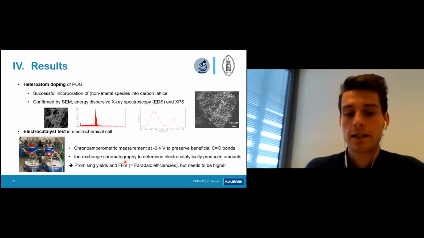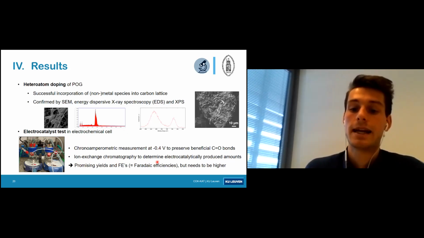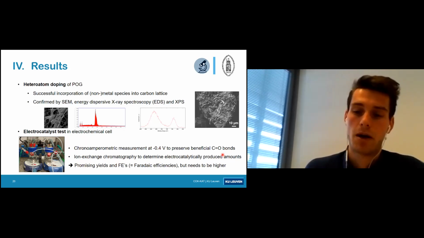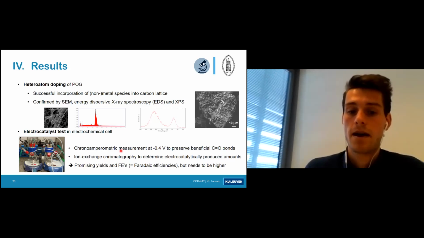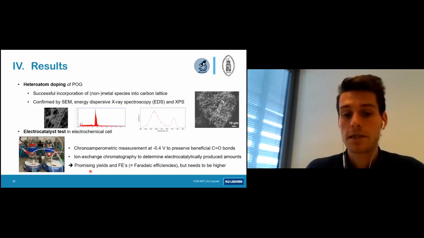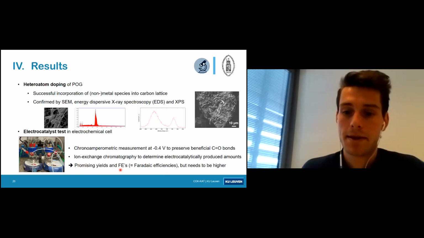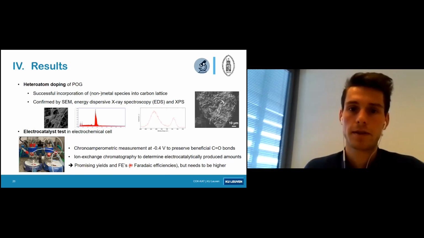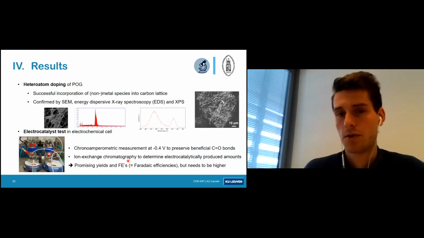Also, we use ion exchange chromatography to determine the electrocatalytically produced amounts. And in the lab, it was shown that we already obtained promising yields and Faradaic efficiencies of our electrocatalyst materials, but this still needs to be further developed and needs to be higher to have a really competitive product and reaction that can compete with current industrial reactions